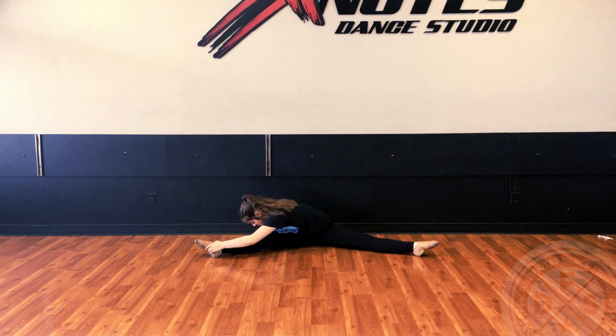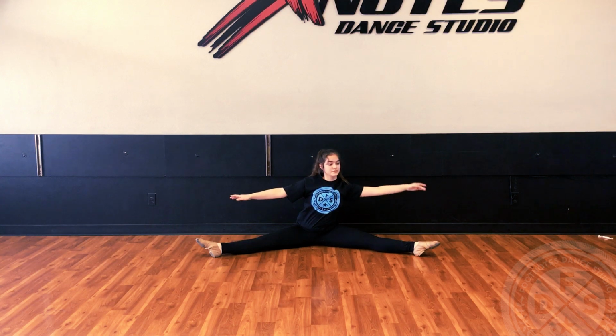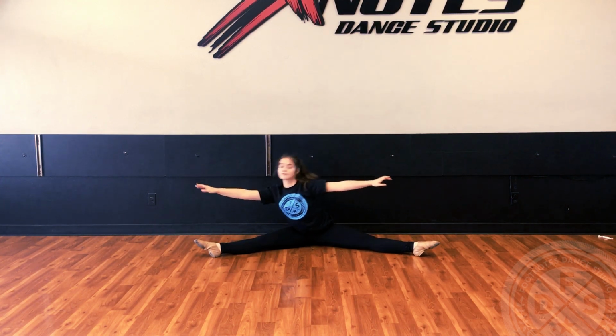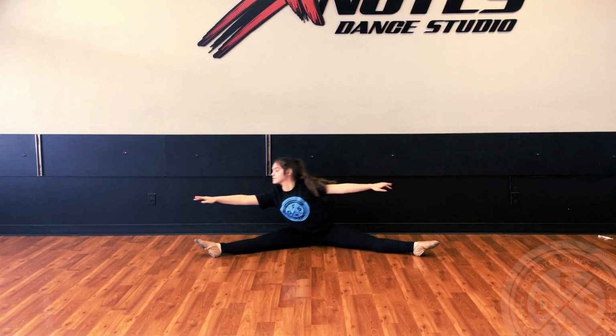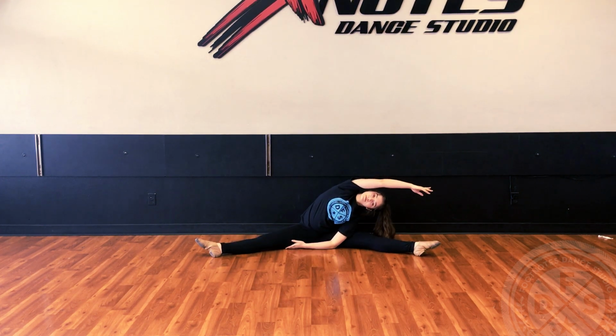And stretch forward to the knee. Try to touch that nose down. Make sure your legs are straight on the floor, just like Miss Izzy's. And we're gonna reach. And the other side. Make sure when you're reaching over like this, your chest is up to the front,